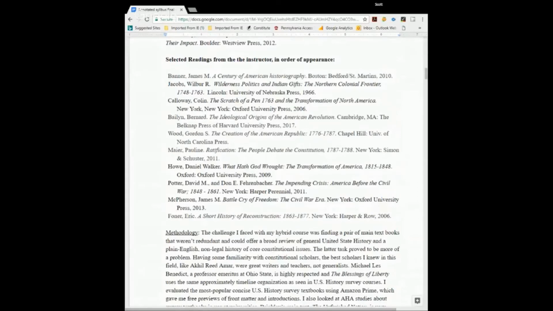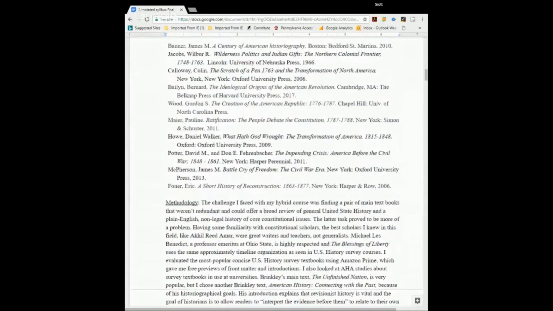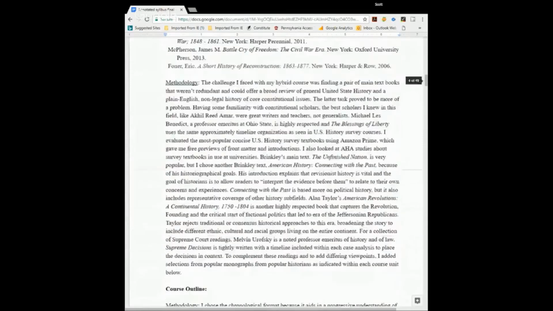There are books I cherry-picked from the spreadsheet that we've all shared, including a book by Wilbur Jacobs on wilderness politics and Indian gifts, another book from Colin Calloway on the transformation of North America, which I believe is also kind of pre-founding. And my real methodology for picking out the books was I wanted different viewpoints from different types of historians so people could really understand all the angles to interpreting these key questions